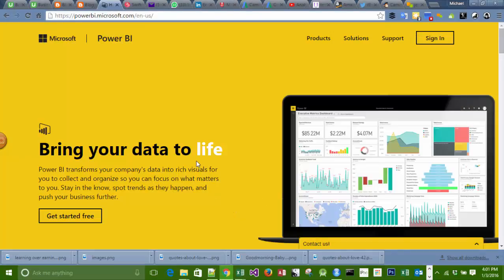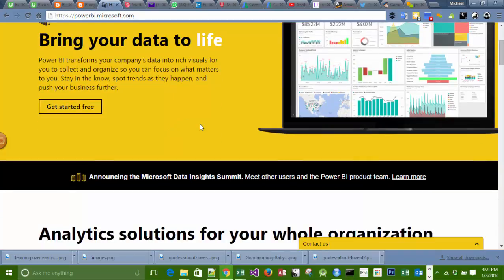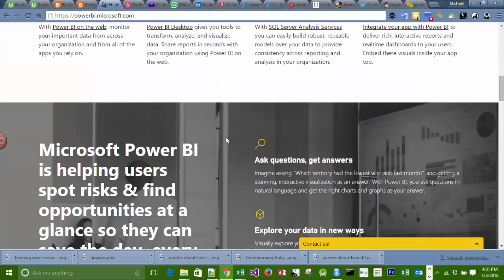First, to subscribe to the Power BI service, it's a Microsoft solution, a Microsoft product. You simply go to powerbi.microsoft.com. Once you go to this particular website, you'll be taken straight to the Power BI homepage. So you'll see something like this, and all you have to do is scroll way down,